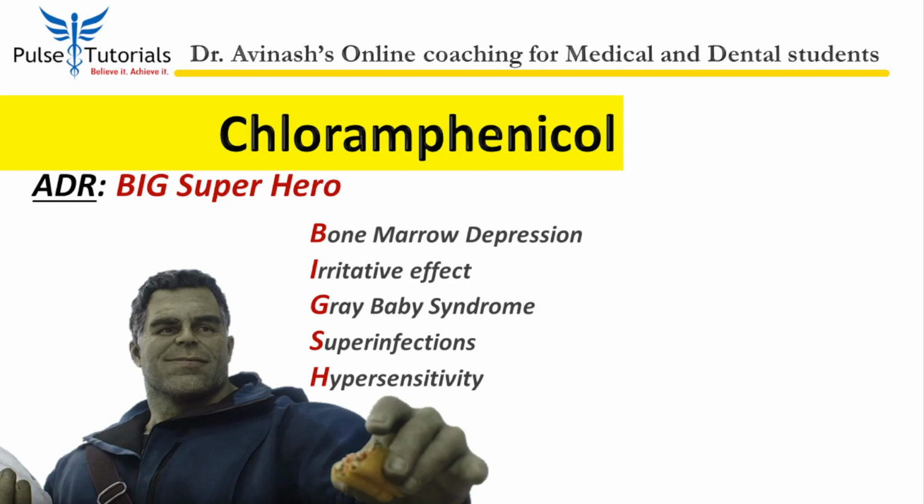This happens when high doses of chloramphenicol were given to neonates, in premature neonates, prophylactically, to prevent any infections in them. So this happened once upon a time, nobody does it now, but there was this theory that when a premature baby is there, we need to protect it from infections, so give chloramphenicol. When this was given in high doses, more than 100 mg per kg, the baby stopped feeding, it started vomiting,